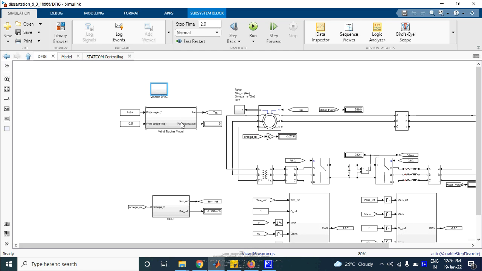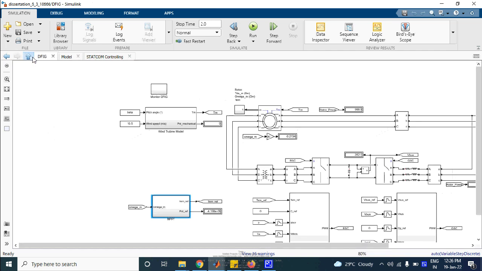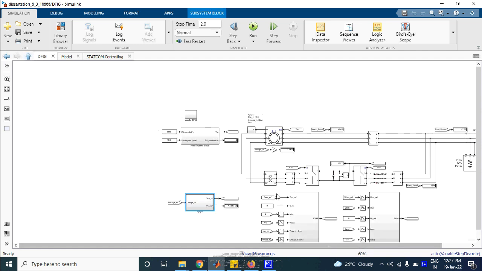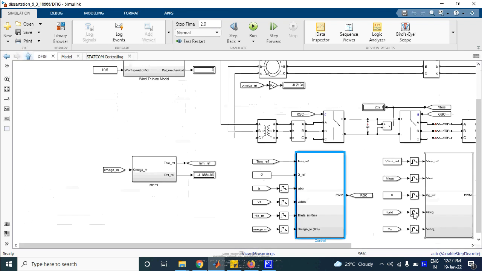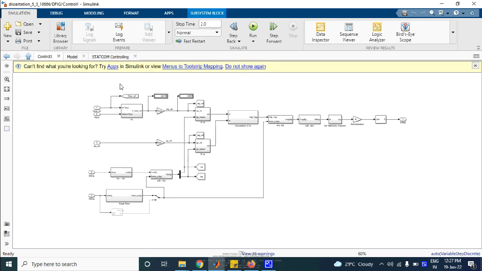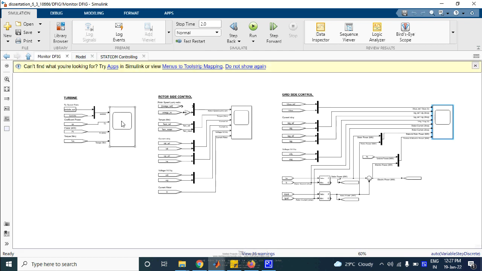So here we have done the wind turbine, where the torque is controlled in the DFIG model, and we have done the MPPT technique for reference torque, and we have done the back-to-back converter controlling here, and here we can check the result for